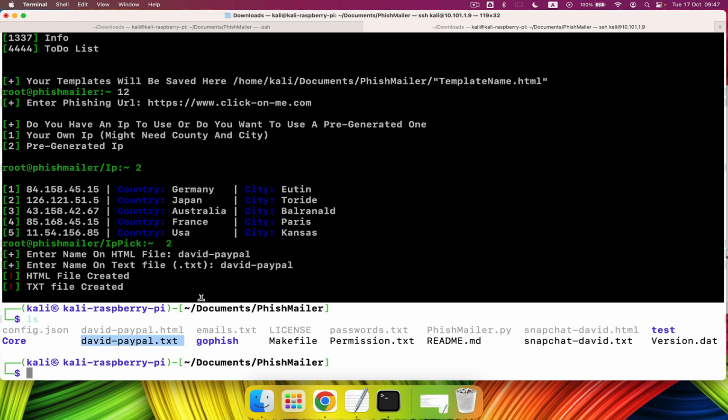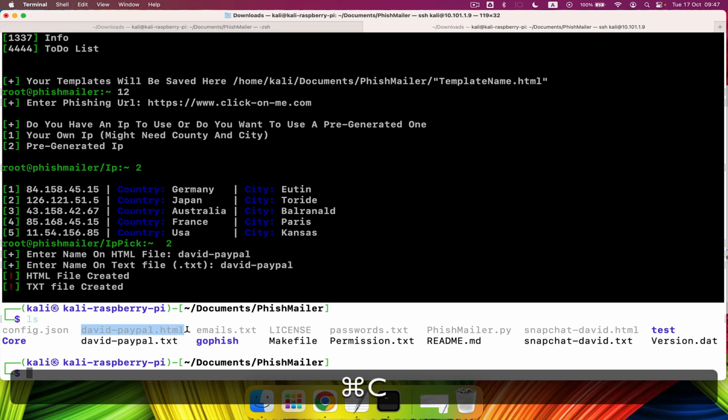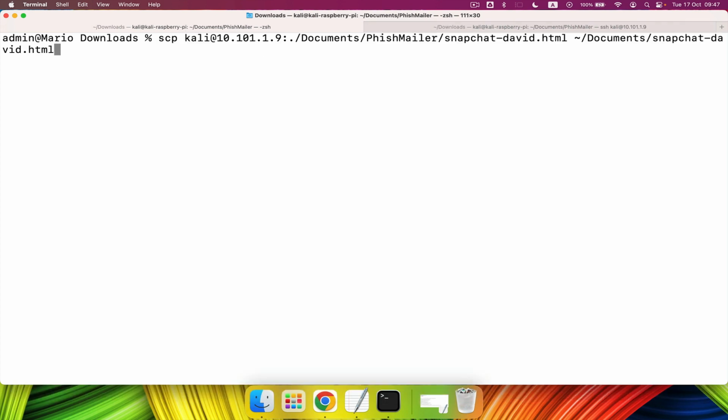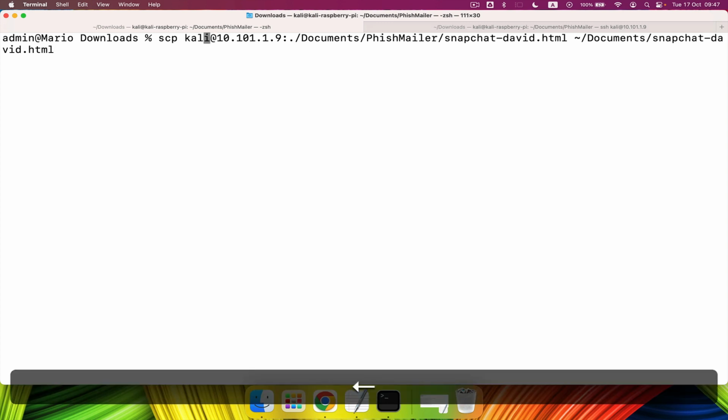Okay, now at the moment, these files are on my Raspberry Pi. So we need to get them onto this computer. So to do that, I need to copy this, and then I'm going to go to my other tab, and I need to type this. Okay, now it looks a bit daunting. SCP